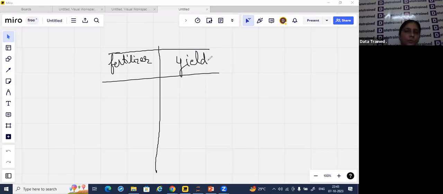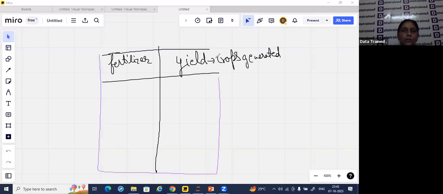Okay, how much crop generation we are having. Crop generated, in a very simple term, is what is the yield of the crop with the usage of fertilizer. So if I'm having these two columns in any data set,